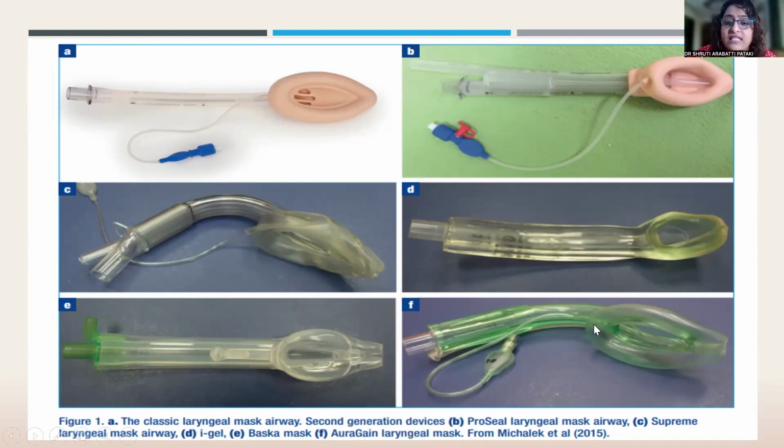The cuffless ones, especially the iGel and the Buska, are designed to make sure the cuff pressures are minimal. I'm sure many of you are using iGels. In fact, iGel is one of the most popular and the most favorite LMA, I believe, with our community because the learning curve is really superb. According to literature, it's almost, I think, 80% success rate with the first pass after you've done it 5 times on a mannequin, which is brilliant. You can't say the same for endotracheal intubation.